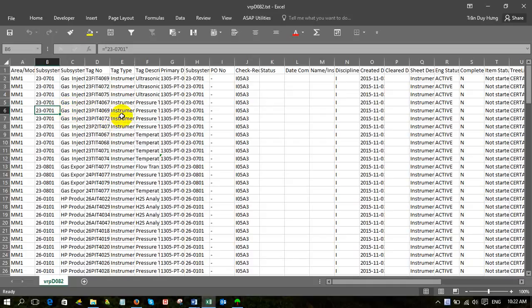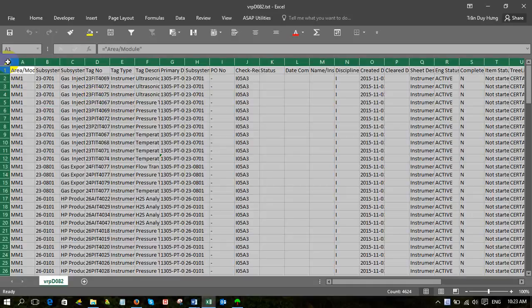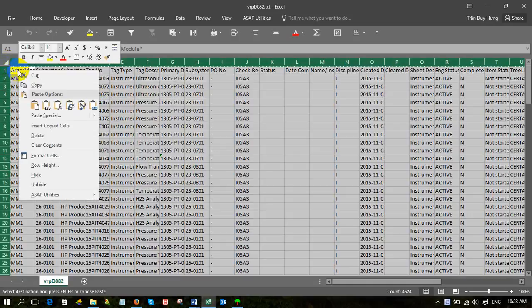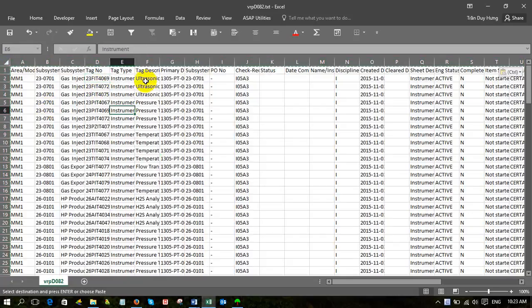This is how WinPieces and Excel talk. So don't worry. What you need to do, make a habit: every time you export any data from WinPieces to Excel, you go to the corner here, choose all, copy, and paste value. You do it one time, after that you will remember. Because the equal and open-close is a function. After that, all gone already. No more. So you must remind the others.